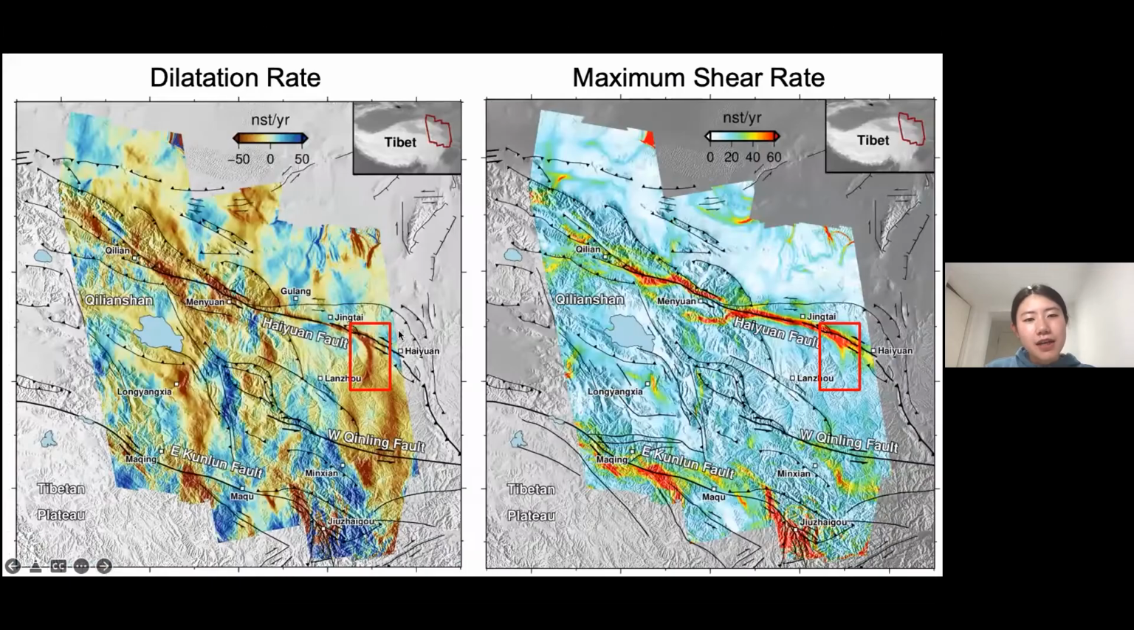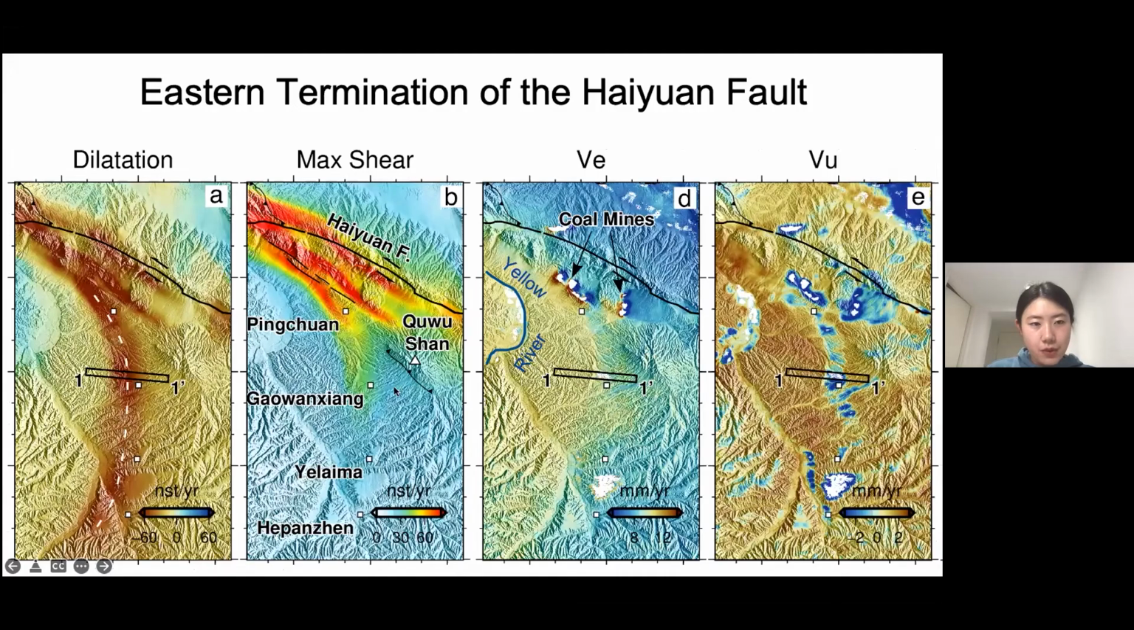On the eastern termination of the Haiyuan fault, we can also see this contractional strain, which is also unexpected. If we zoom in, we see this feature stems from a southern branch of the Haiyuan fault, which was previously mapped, and that can be seen from the hillshade, which is quite convincing. Previous studies also suggest that there is an extension of this segment along the southwest flank of the Quwushan. However, we don't observe any strain rate features across this